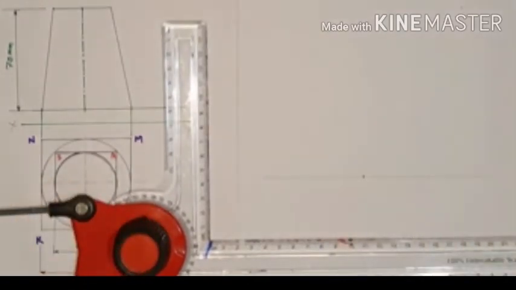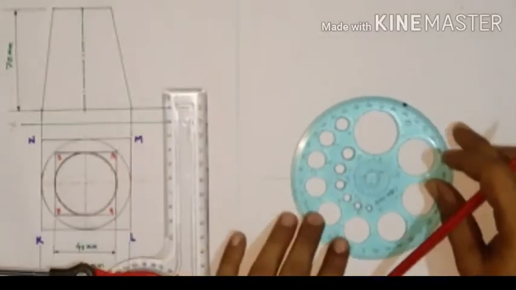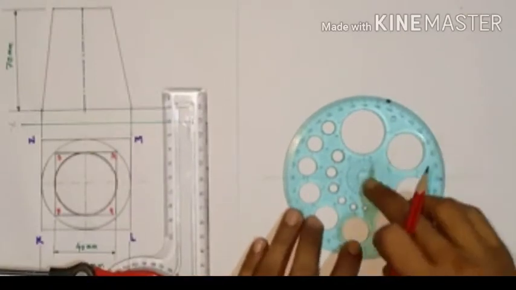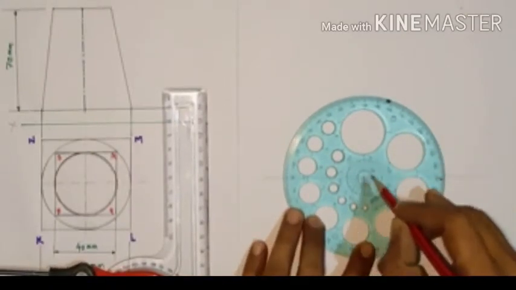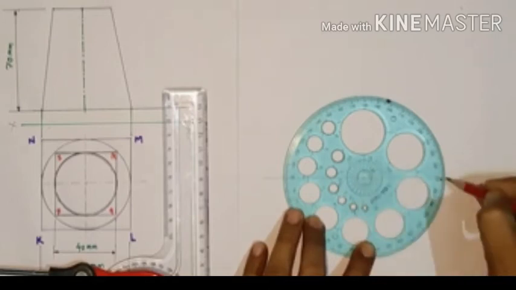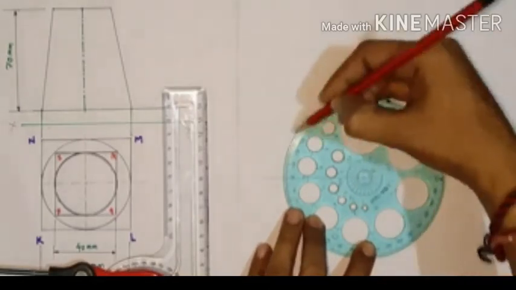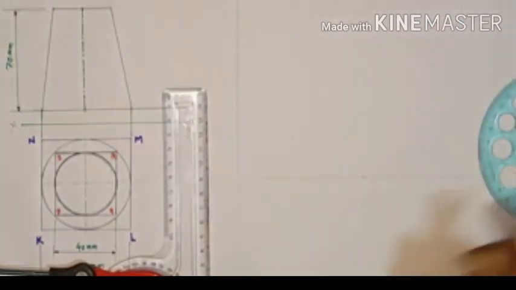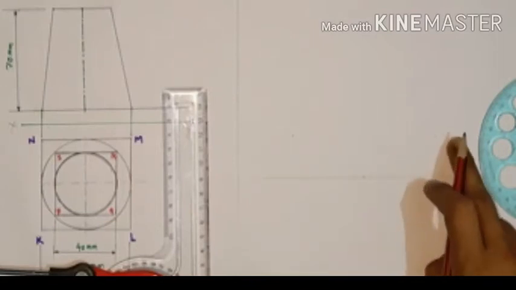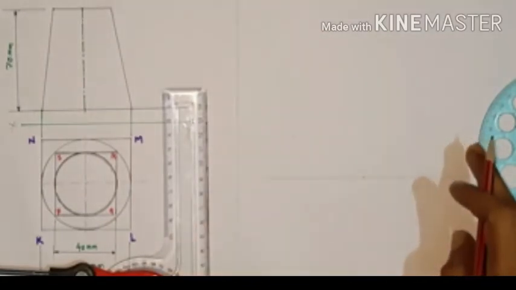From this point we choose the angle. Putting the center of the protractor at this point, we make a 30 degree angle from both sides. One side represents your length and the other side represents your width.